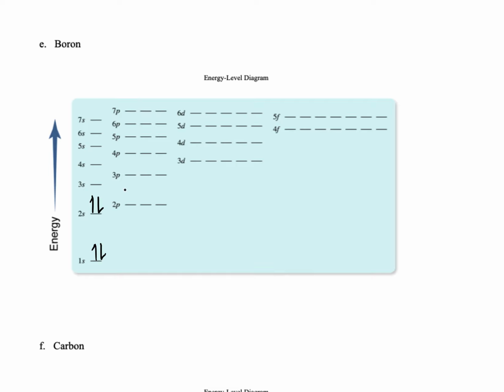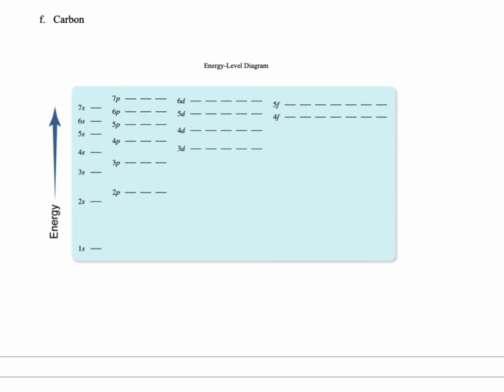And so to represent that, we just need 1 electron in the 2p orbital there. Our electron configuration will be 1s2, 2s2, 2p1. We're going to continue with this same pattern,